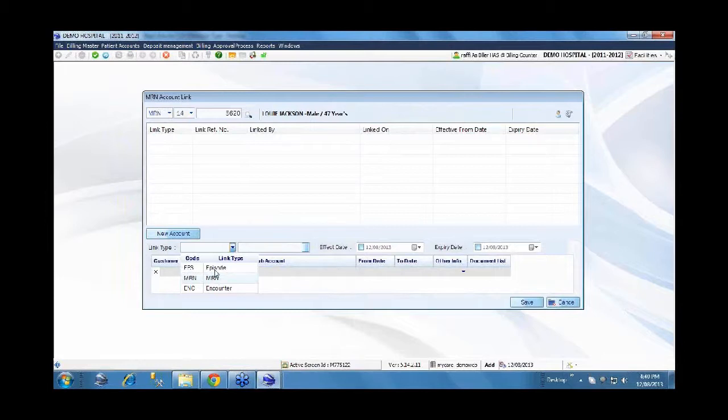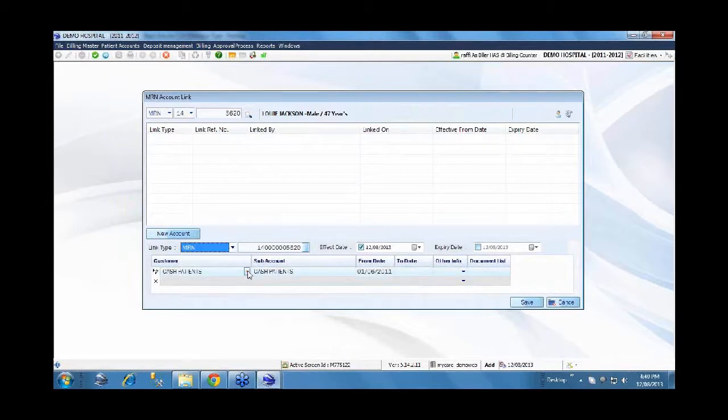I will explain later what the other link types mean. So I'm specifying the link type as MRN, and against this I will link the patient to the state health insurance. Within the state health insurance there may be multiple health plans or multiple policies within this insurance company. So this particular patient is subscribed under which policy of that particular insurance company.